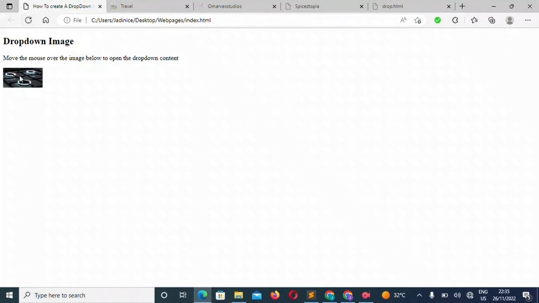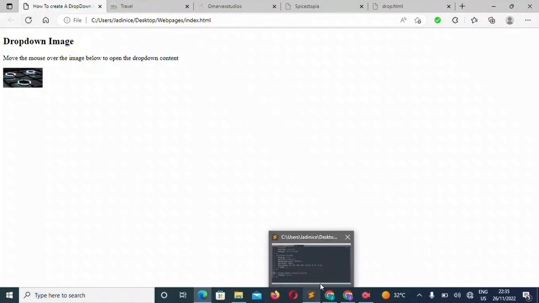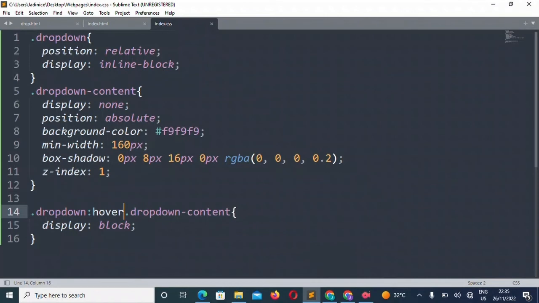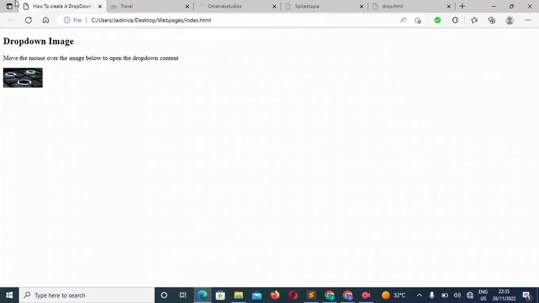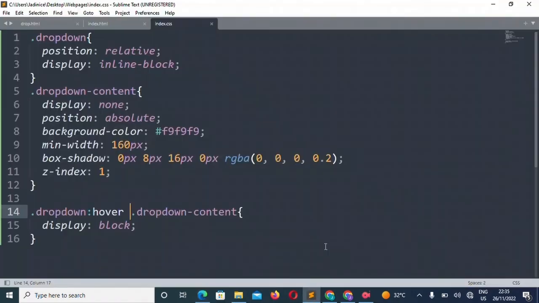You see, it doesn't work. So please make sure that after you've written the hover, you give in some space using the space bar. A space is enough. Then you save it, and then when you refresh, it appears. So make sure to give some space after the hover. That is the only way it will work.